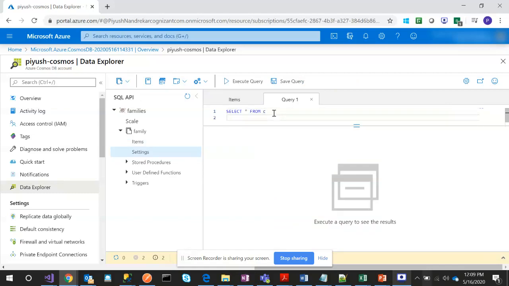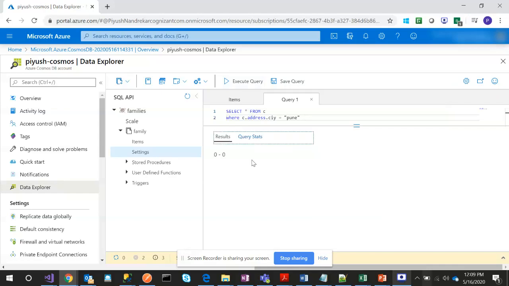Select star from c where c.address.city equal to Pune. I'll just execute this query. Okay, something might have been missed here.